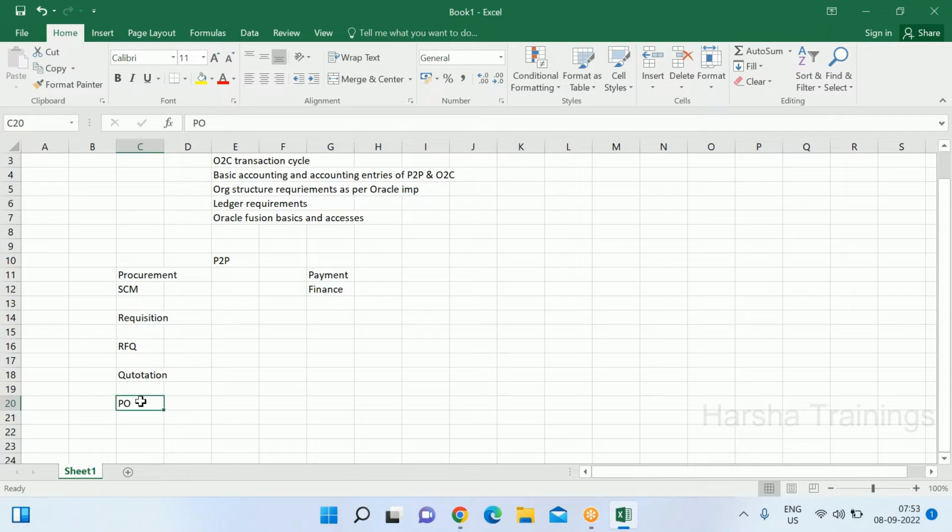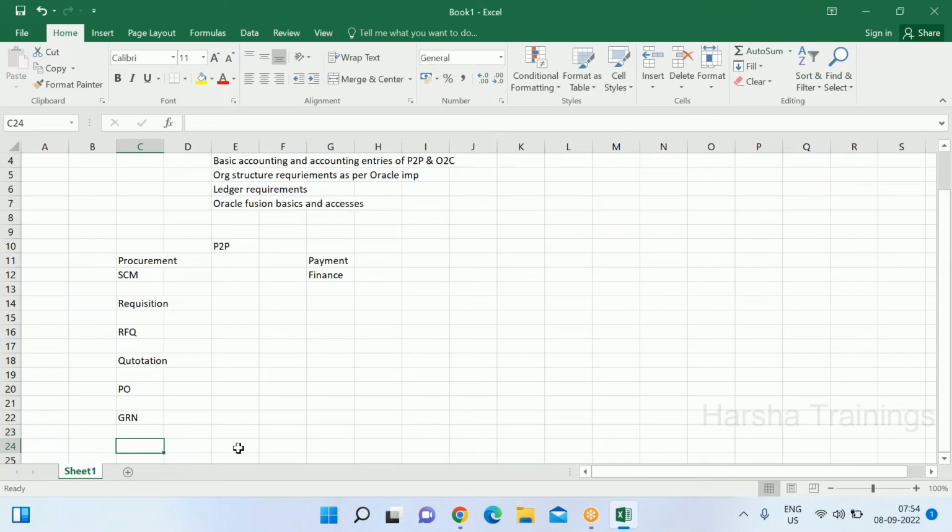Once the order goes to the supplier, we get goods or services based on the purchase order the business has sent, right? So for goods, we create a GRN. For services, there will not be a GRN. For goods, a GRN needs to be created, and this GRN is nothing but a goods receipt note. We are processing a receipt saying that we have received so and so goods based on the purchase order,